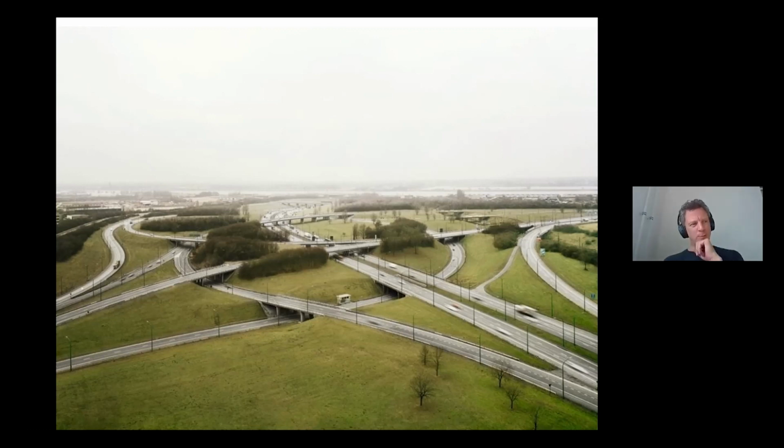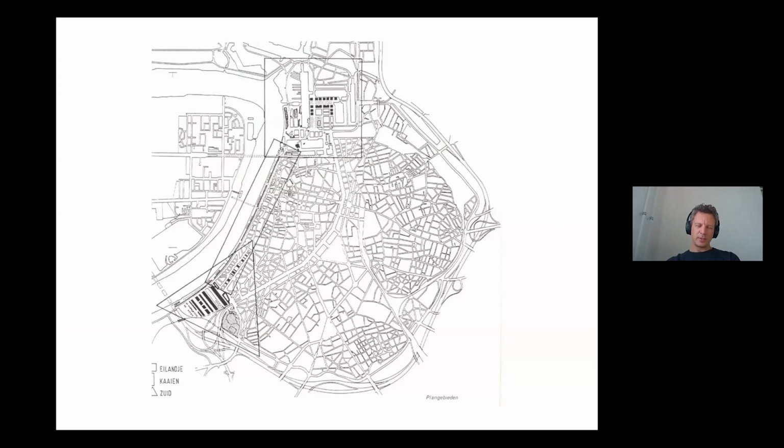The reason I wanted to show this project is because I think you can only tackle projects like this if you have a very strong architectural culture. And I think that's really what Antwerp has. And the space that you see here, the south of Antwerp, has been one of the spaces that in 1989 were looked at in an architectural competition, an international architectural competition, and it has been a very important moment in the history of Antwerp, but I also think in the history of urban design,